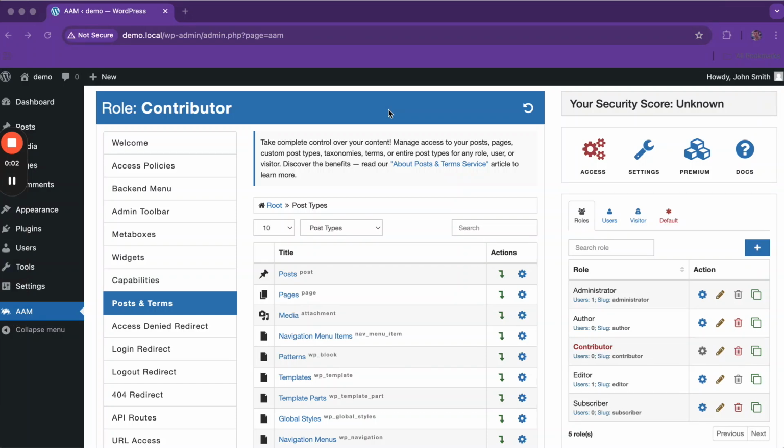Hello again, and in this video we're going to be talking about posts and terms. In other words, we are going to be talking about how to manage access to your WordPress content. Oddly enough, many people think that Advanced Access Manager is all about roles and capabilities. However, the truth is that over 60% of AAM functionality is actually related to posts and terms, and quite